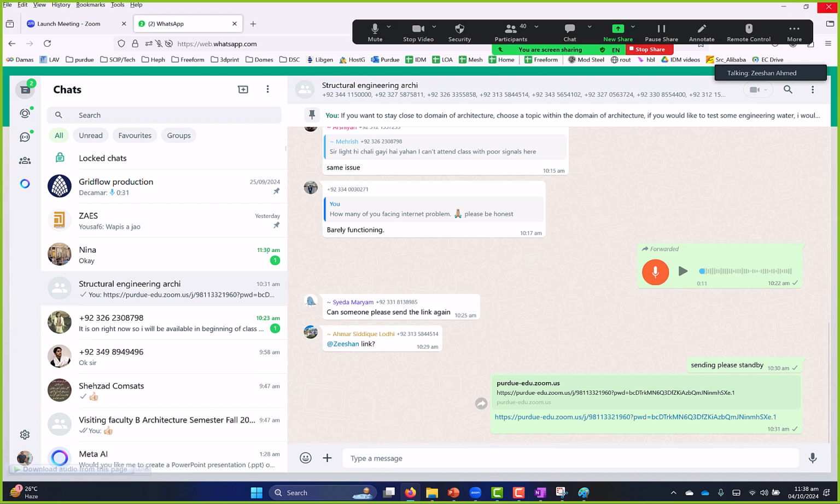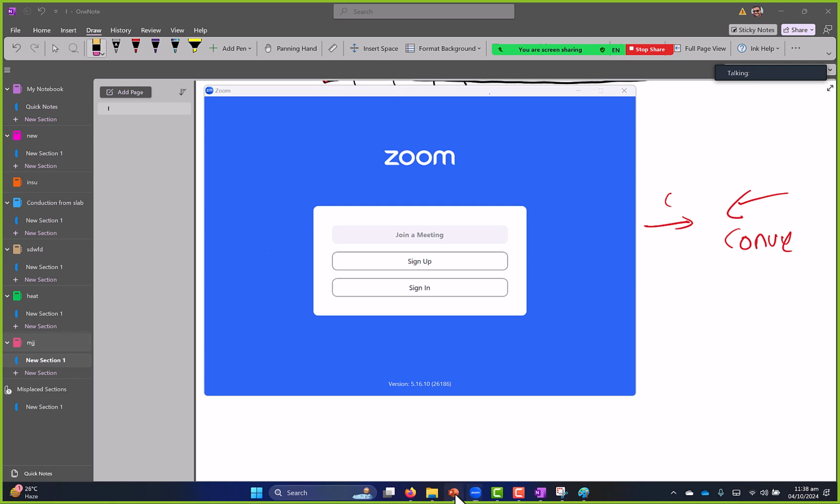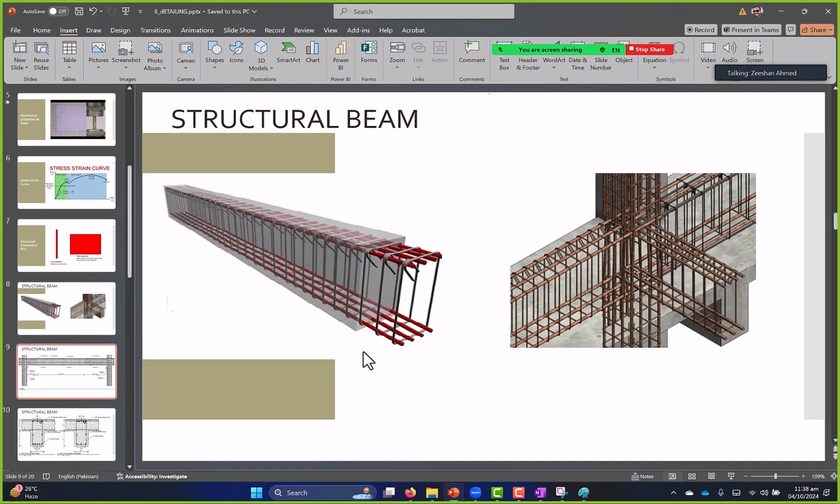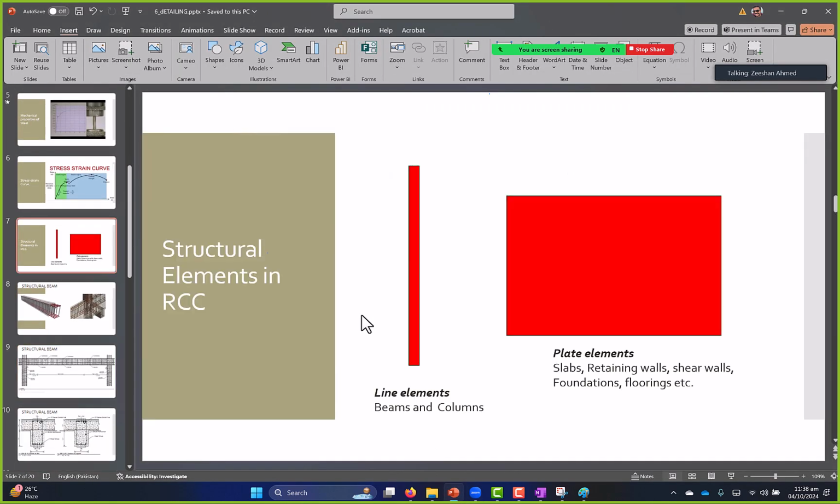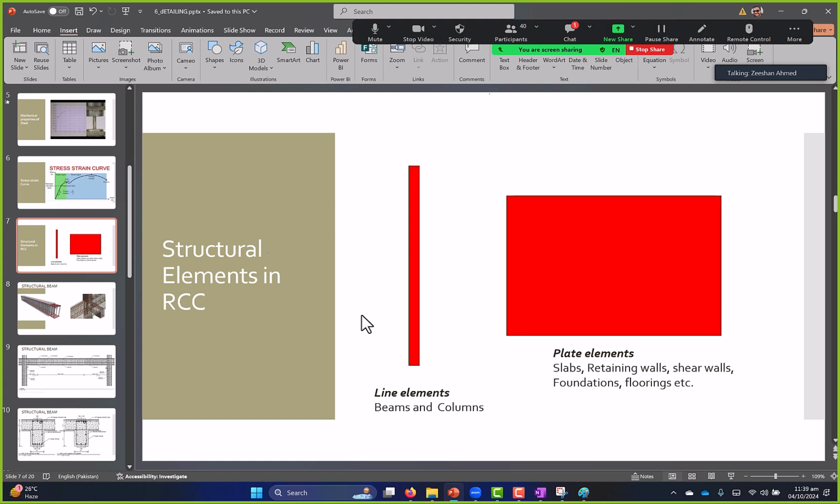Okay then. So now where were we? Elements of concrete. Right. So every element in structural engineering can be categorized into two things: plate elements and line elements. So a beam is a line element. And a plate is a planar element. Essentially, a plate has two or more than two corners. So if you look at it,